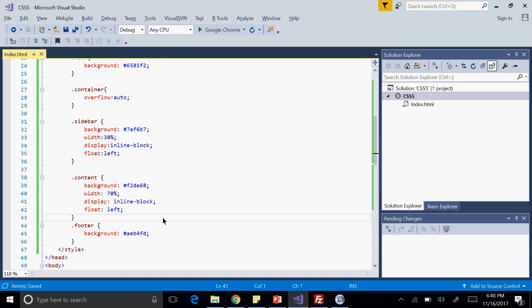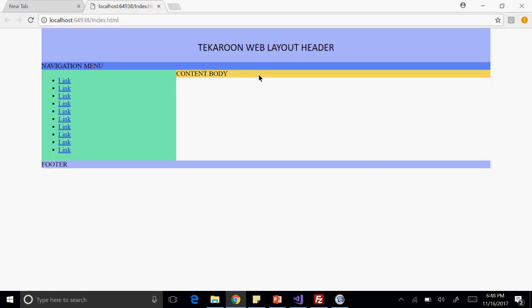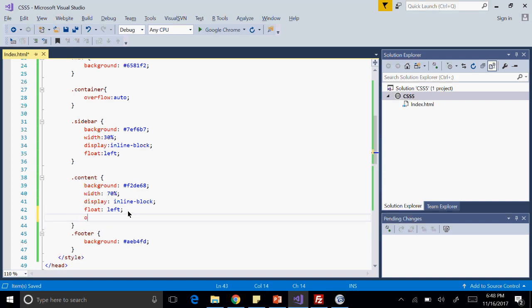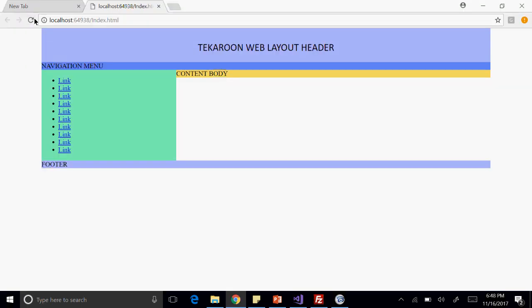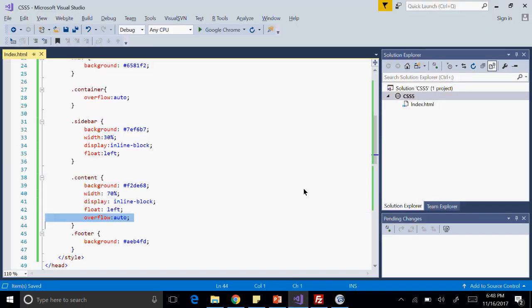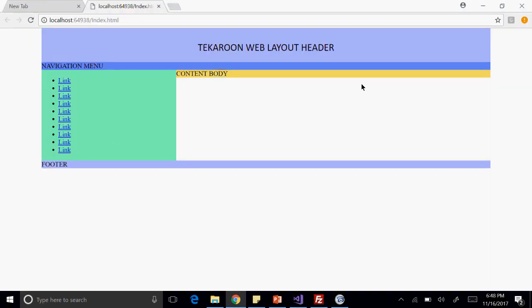Okay. So till now we got something. We will see how to make this full. I think here also we can say overflow auto. No, I don't think. I don't remember the thing. We will see. So you got Tekarun here and something over here, and you want to make the footer